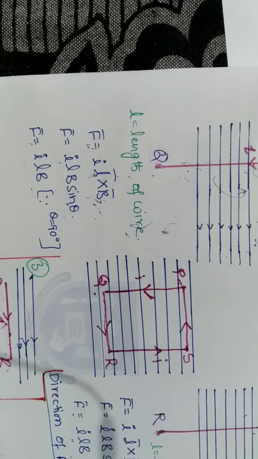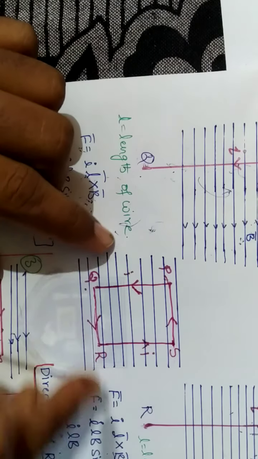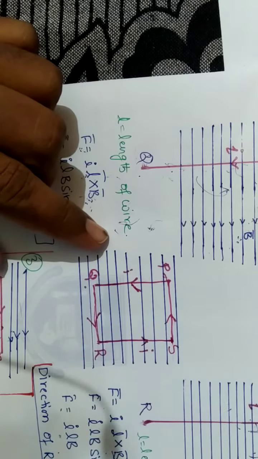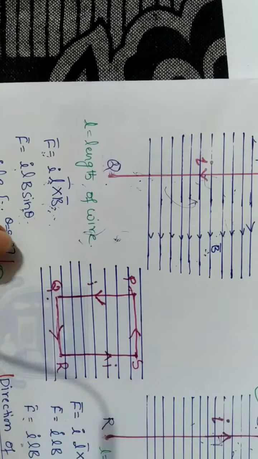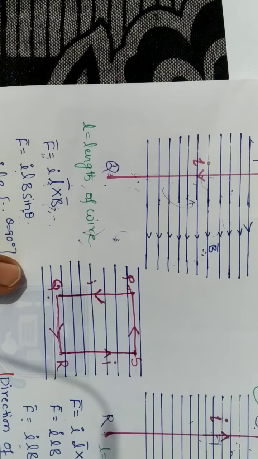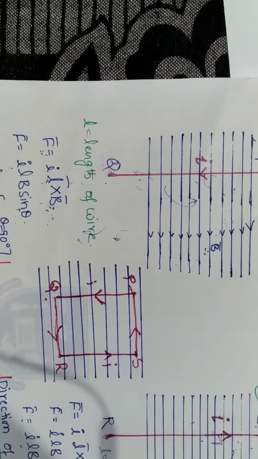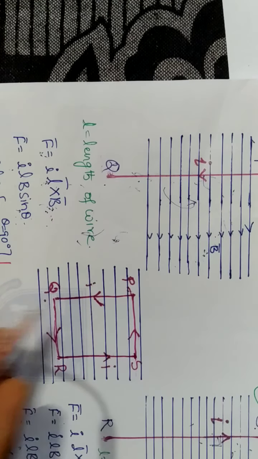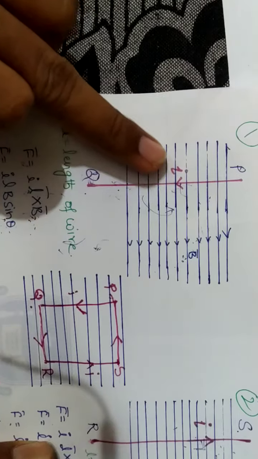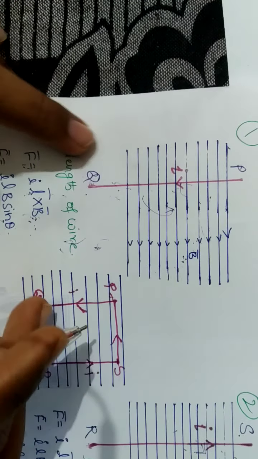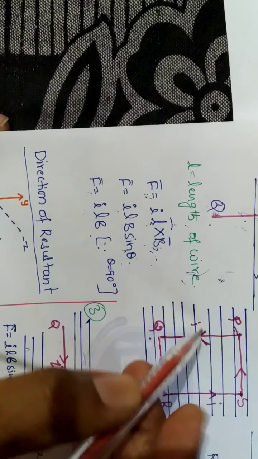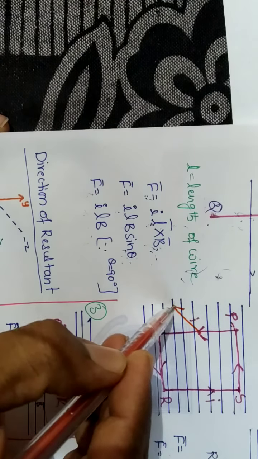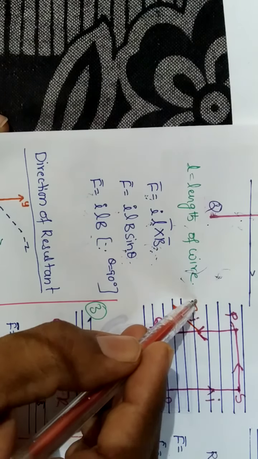So we know what we have formed. This is a current carrying coil. We just draw the forces on these wires because we have already calculated the force. In the first wire, you see this example, the two wires are the same, and the force acting on this will be out of the plane of the paper, as we have drawn here. So we draw the same force here, out of the plane of the paper.